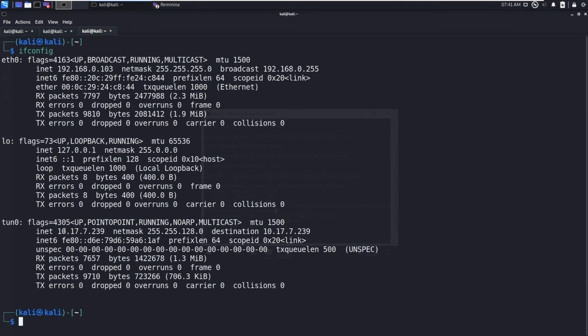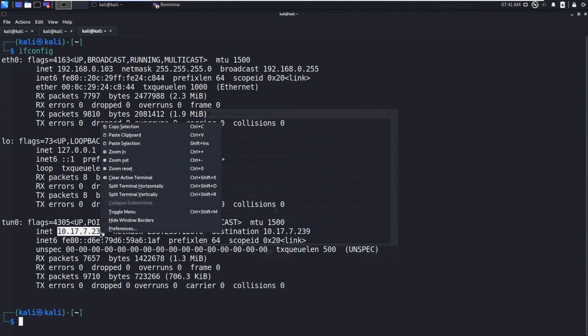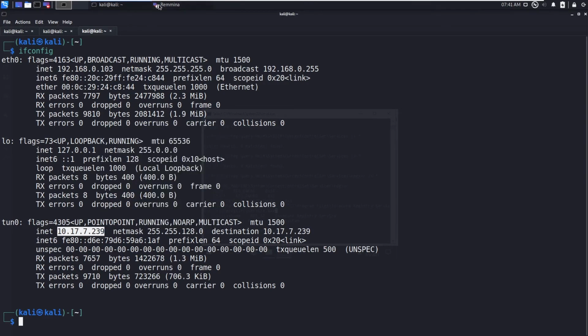So let's generate our payload. I have already generated it using MSFvenom. You can see windows shell reverse TCP, and then put your IP address and port, and you can just say format exe. So you need to transfer that binary to your Windows box.